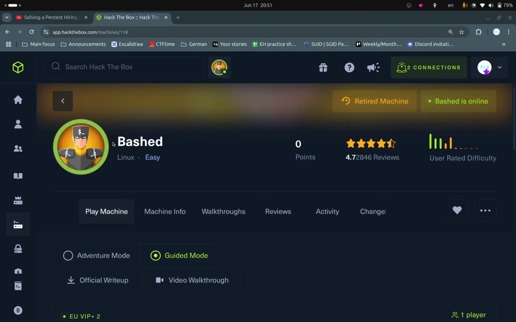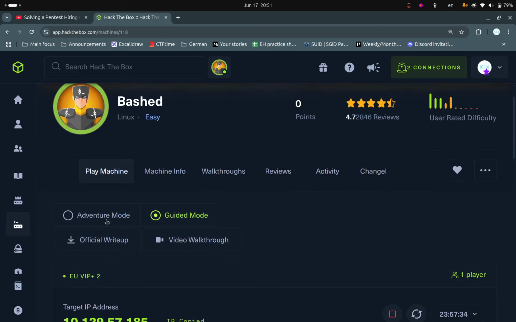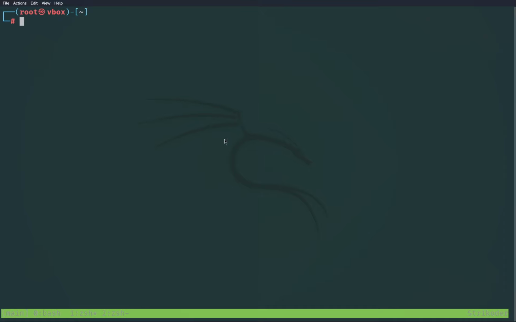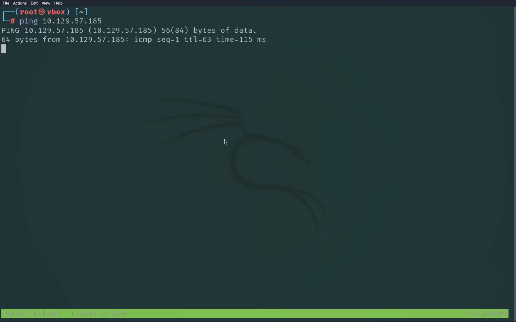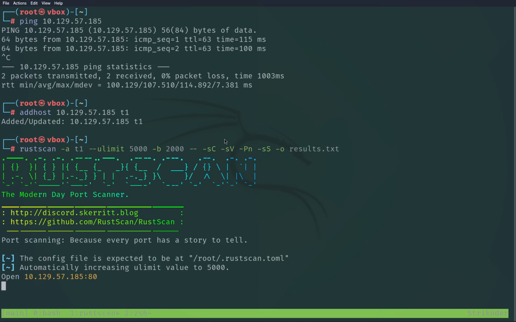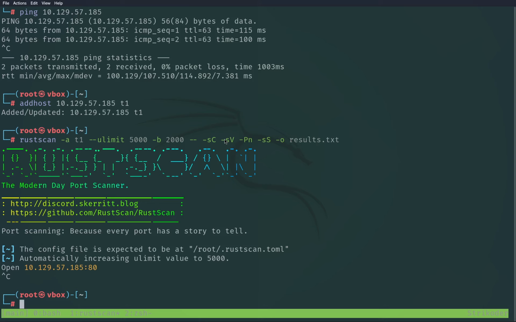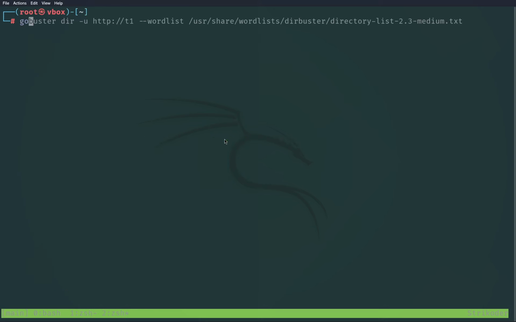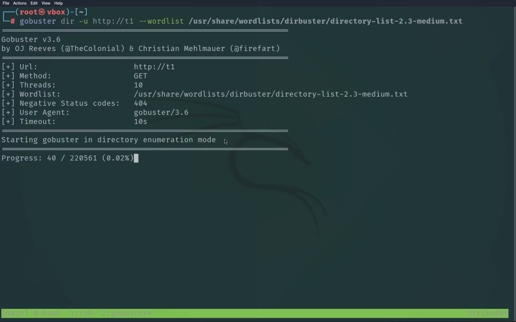Today's episode we're gonna spawn an easy Linux machine called bash, so let's just get started. Let me get the IP and move into here, ping, the host is up, add that into etc hosts as T1, run RustScan against that, we see port 80, and once we see 80 we get into Ghostbuster, what I call,